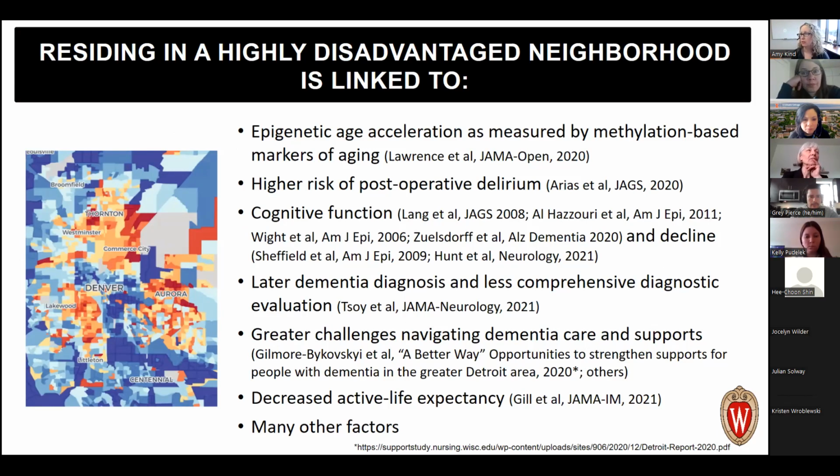hundreds of groups are using ADI to look at a whole host of things, including epigenetic age acceleration. We've seen a higher risk of postoperative delirium for individuals who live in a highly disadvantaged neighborhood out of some work out of Harvard, later dementia diagnosis and difficulty accessing care and social services. In an important study out of Yale, they showed not only do individuals who live in these contexts have decreased life expectancy, but they need help. They lose the ability to take care of themselves earlier in their lives. It's a very patient-centered focus of decreased active life expectancy. They're in nursing homes much longer, which is certainly, as a geriatrician, heart-wrenching.